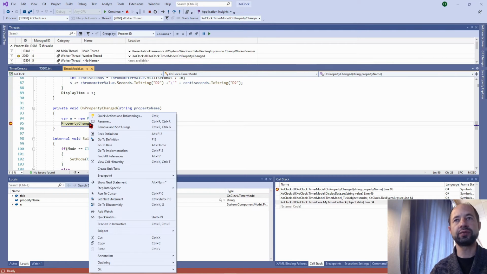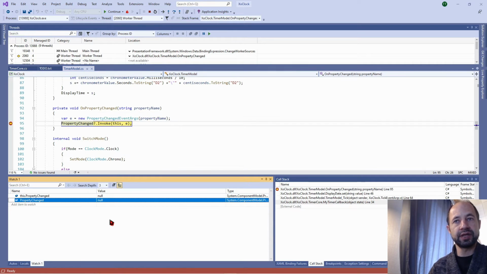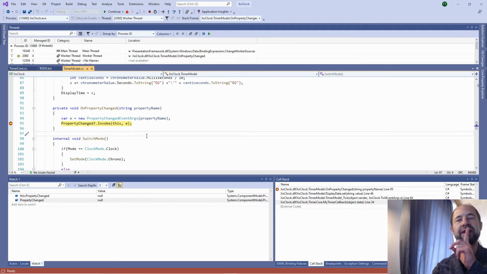So I can add a watch here, and we see that the property change is null. So for the moment, no one is aware. In fact, I have put a breakpoint on the onPropertyChanged method.